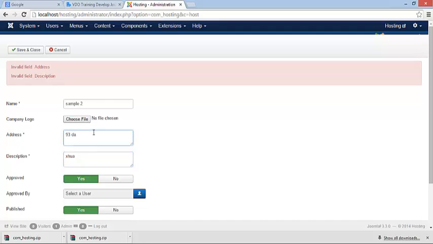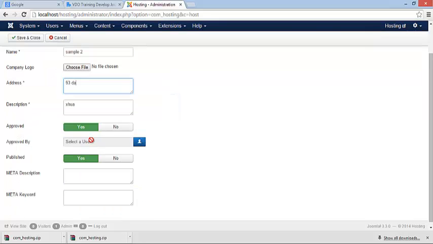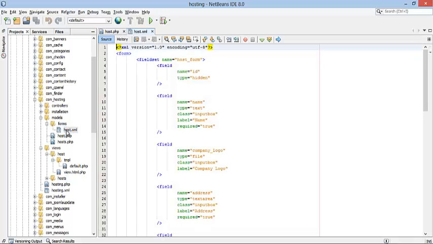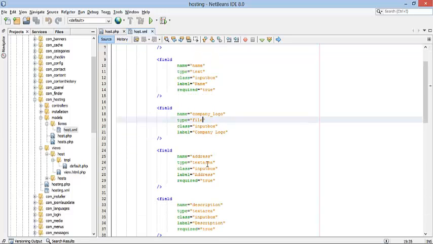By the way, it's required because if you will inspect the element, or if you will check the forms, the XML file, then it is set to required.